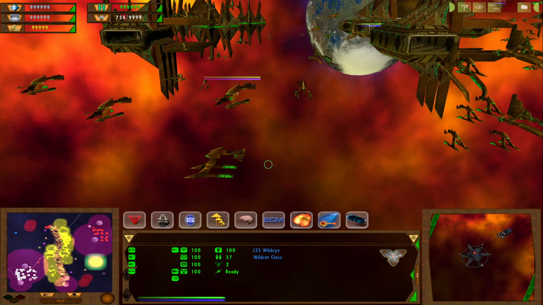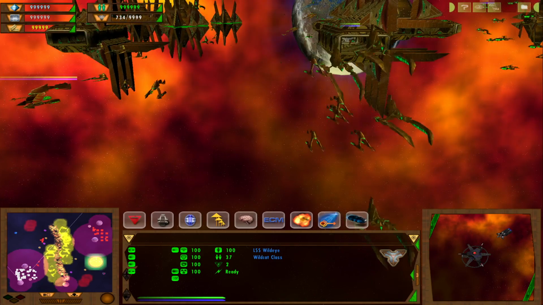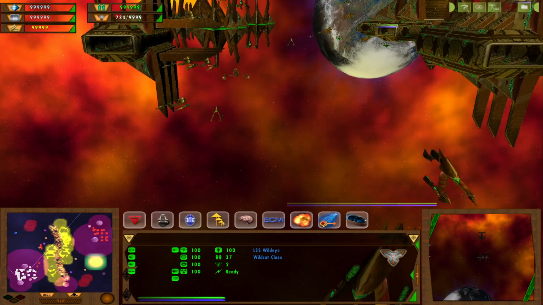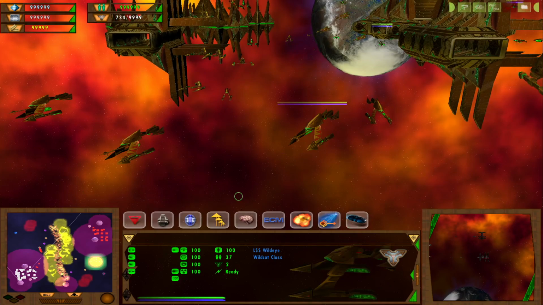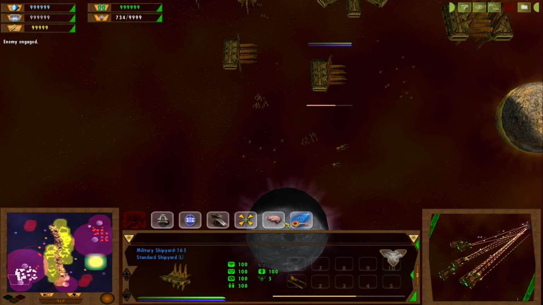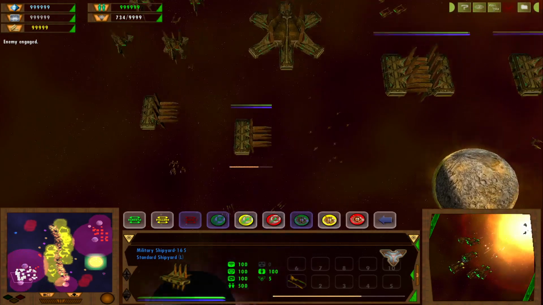So, for the Lynx, we'll start with an in-service date of 2270, you said? Yes. 2270, and scale 3, so we have 46 points to work with. We'll start by